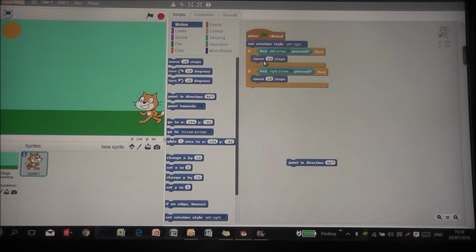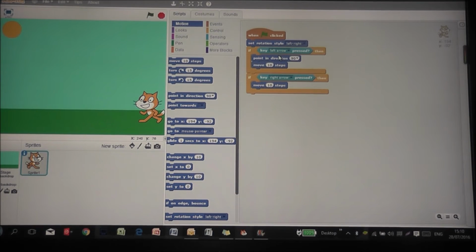So if I put the move 10 steps block back in there, you can pull out the pointing direction and you can actually snap it above the move 10 steps block. Now that's exactly what we're going to do, because syntax is what they do, they work in order. And we don't want the move 10 steps block. We don't want it to move 10 steps and then point in the direction we want it to. So bring out another pointing direction block,